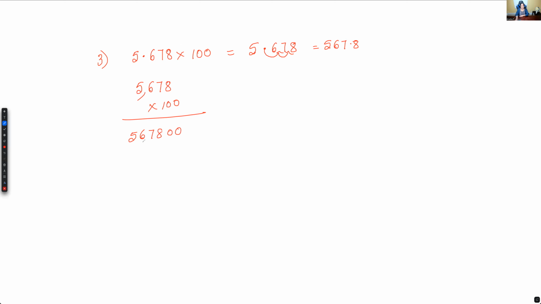Because if the kids get confused whether to move right or left, then just go with our regular traditional method where you take the whole numbers and multiply by 100. Step 1 is always a regular multiplication. So when you multiply 5,678 times 100, we got